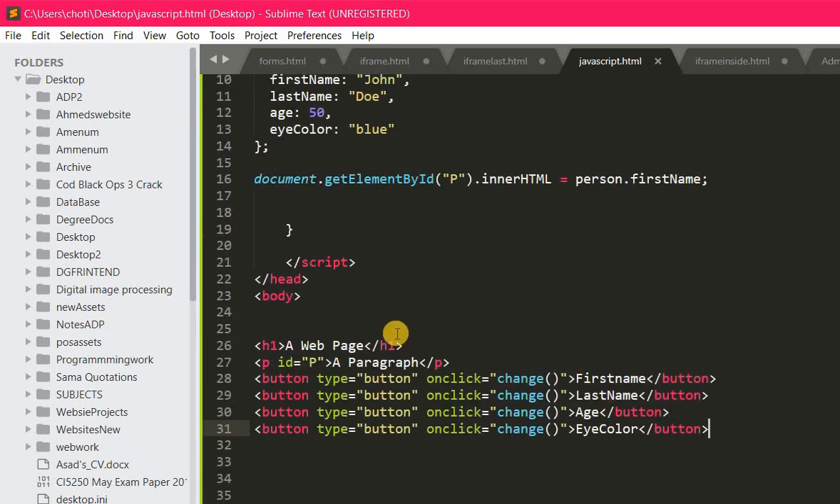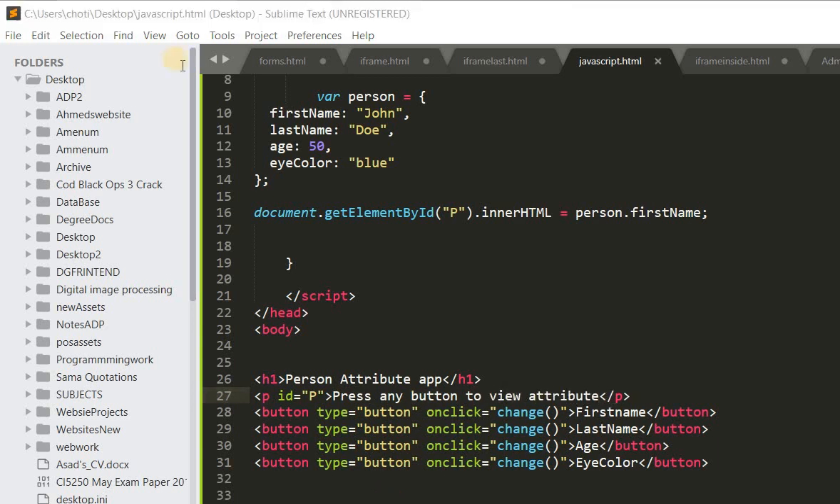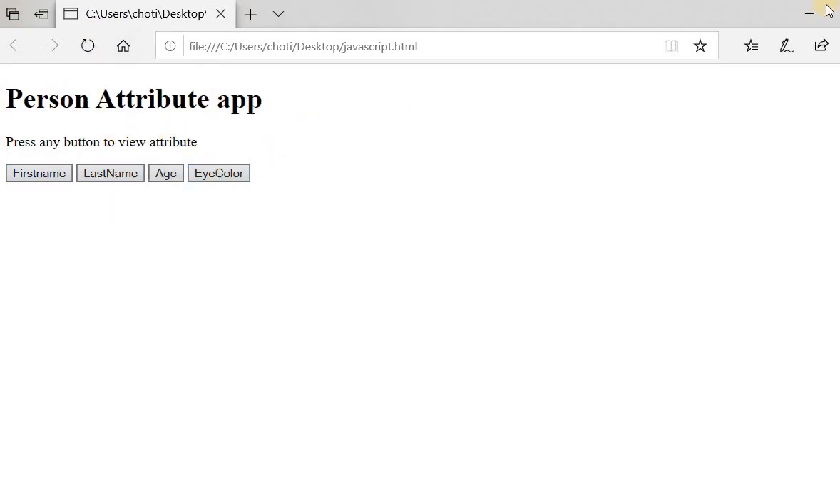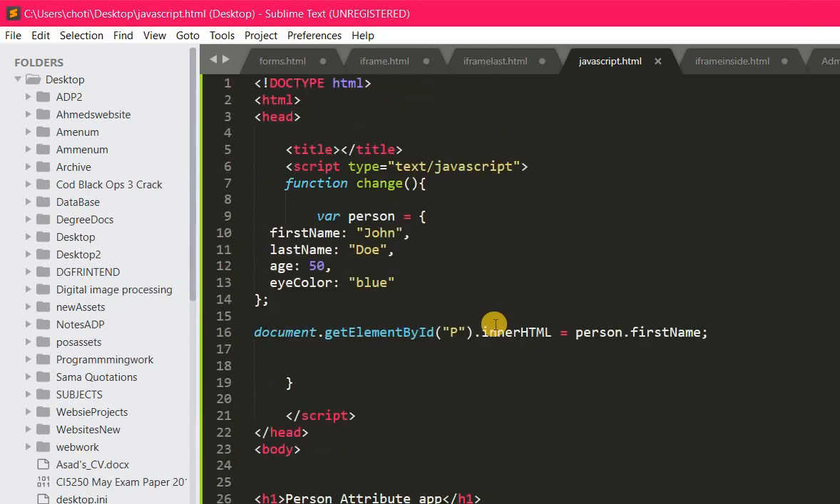So for that I change the button names, the heading will be person attribute app, control save. Instead of the paragraph here I'm going to type press any button to view attribute, control save। Now let's look at this, okay, since our app is set up, let's go for the function,